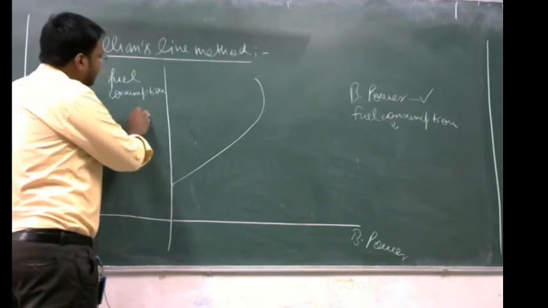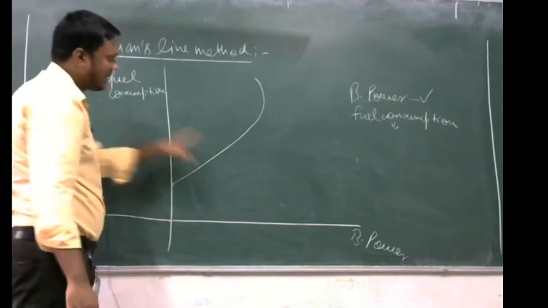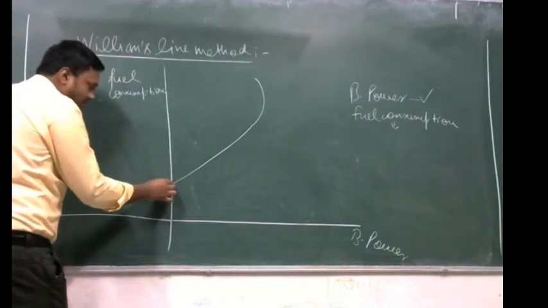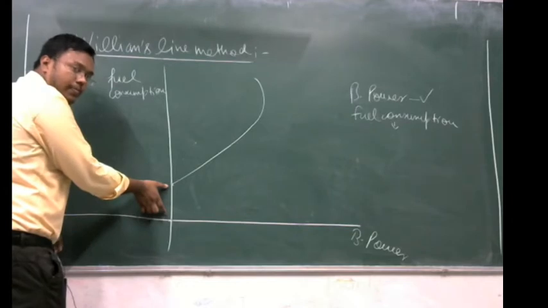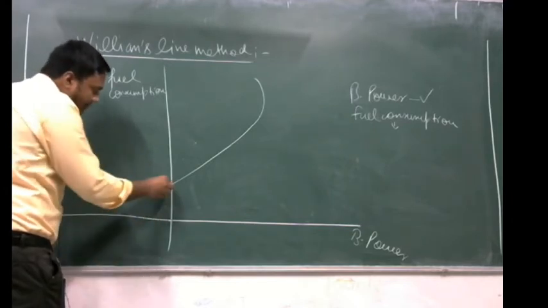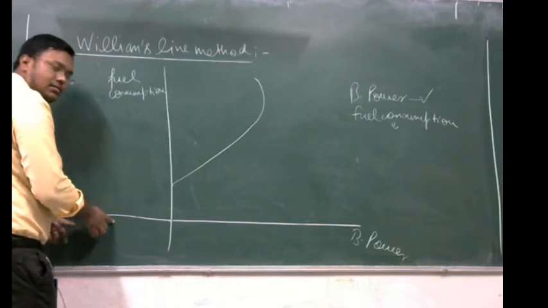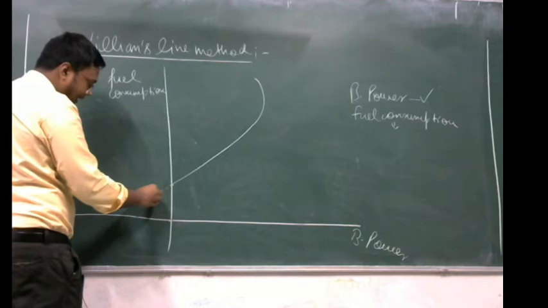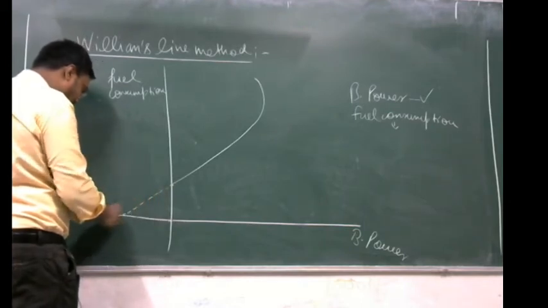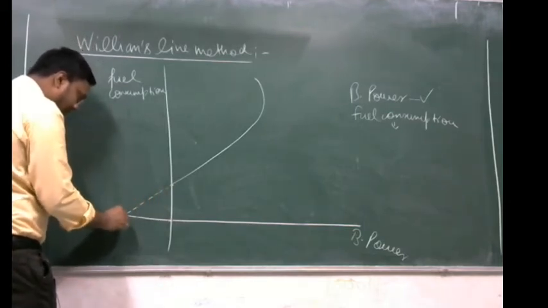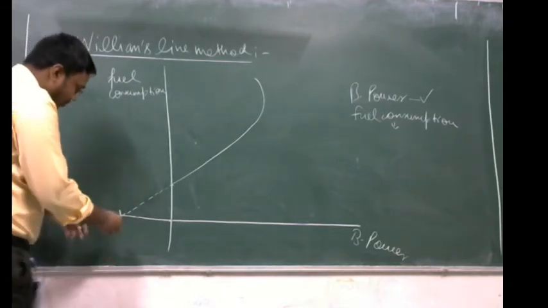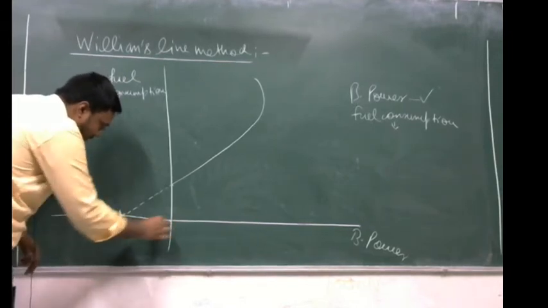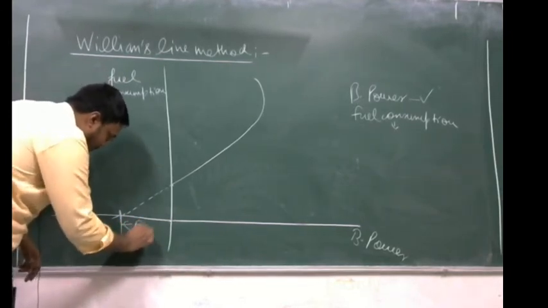So this is the Willans line plot, the Willans line graph, and by this graph we can do another thing. This much fuel is used to overcome the friction. If we extend this line on the negative x-axis, it will cut the negative x-axis here. On the negative x-axis, what we get is actually the frictional power. This much is the frictional power, Fp.